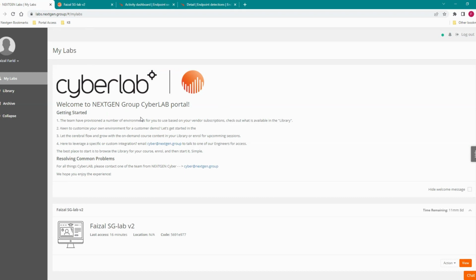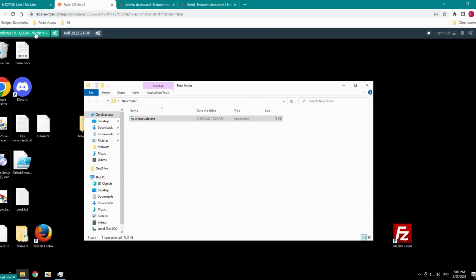With CyberLab, I can easily spin up several VMs to show a demo or even a POC in an isolated environment to simulate how adversaries perform a malware-free attack, and at the same time show you how Falcon Agent is able to detect all the adversaries' movement and block any malicious processes or streams of events running on the compromised endpoint. In my lab here, I have a Windows 10 VM with the Falcon Agent installed using detection mode policy